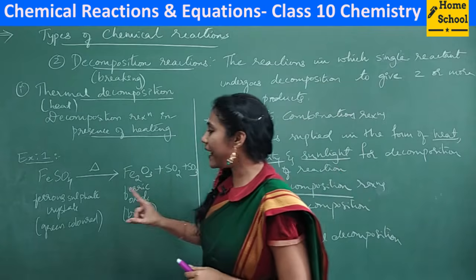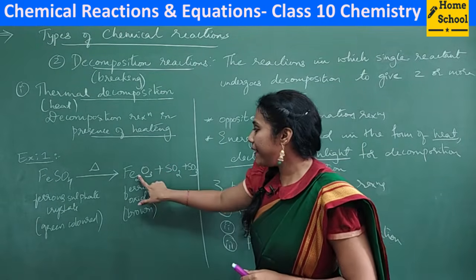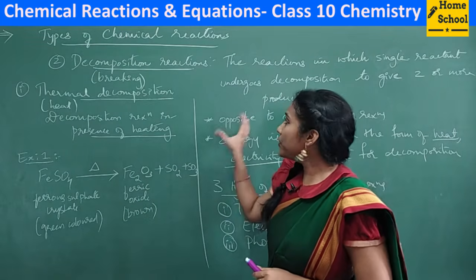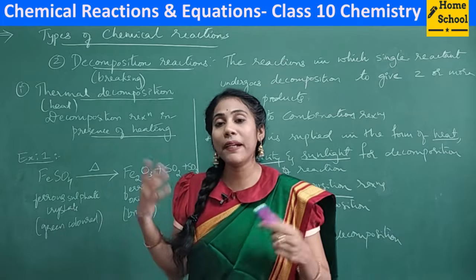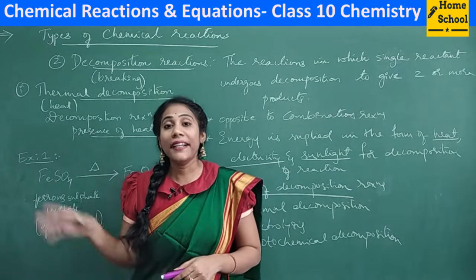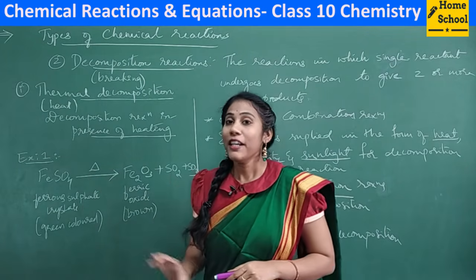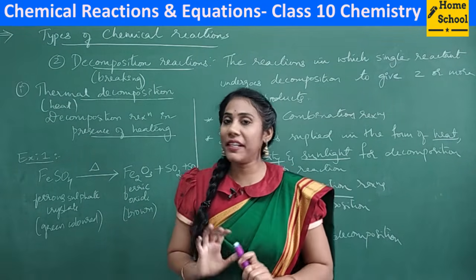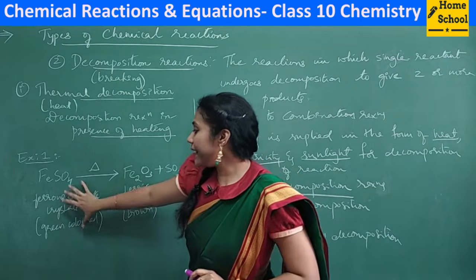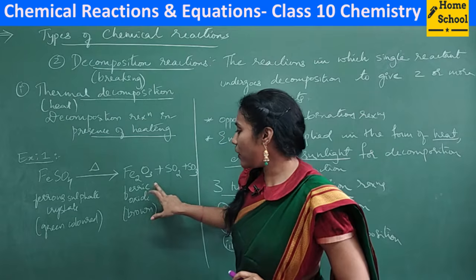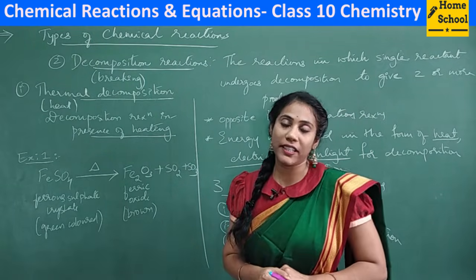You see how many reactants are there? Only one. But how many products are there? 1, 2, 3. Right? So that's why it is called a decomposition reaction. Reactant will be single, but products are 2 or more. And how did you bring about this decomposition reaction? By heating. Without heating, this reaction will never happen. You have to compulsorily heat. So what did you get? It was green color. You got ferric oxide and later you got two gases, sulfur dioxide and sulfur trioxide.